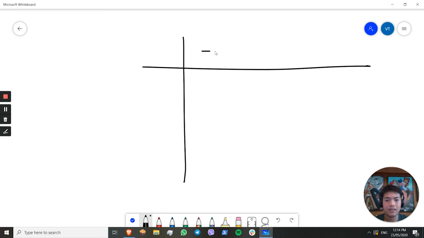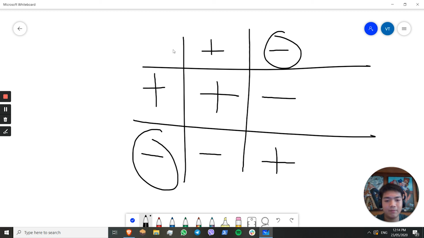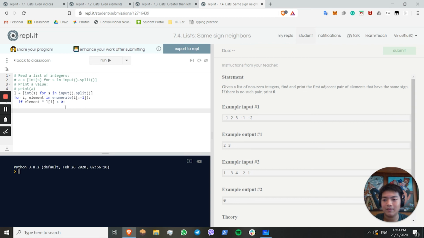So if we have a positive number and we multiply it by a positive number, we get a positive number. If we have a negative number multiplied by a positive, we get a negative, negative, positive. So if both elements have the same sign, we can see that they're positive. So we actually just want to check if we multiply the elements together, if the output is positive. If it's positive, then we just print the element,